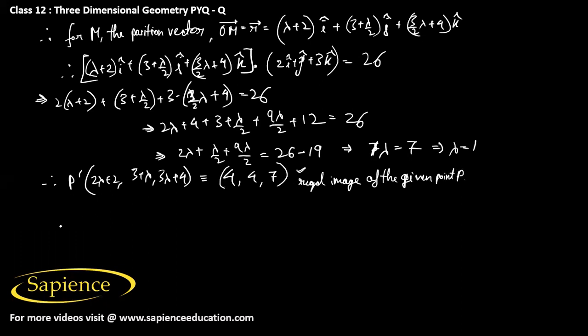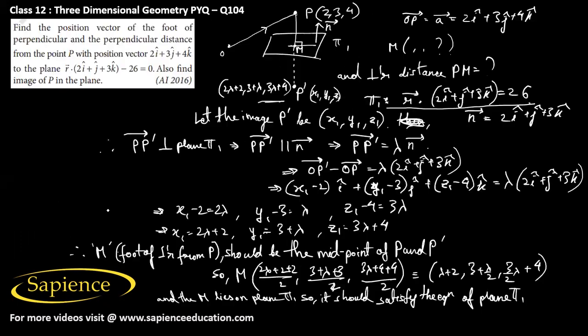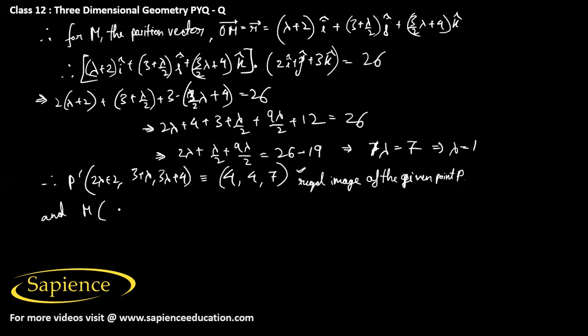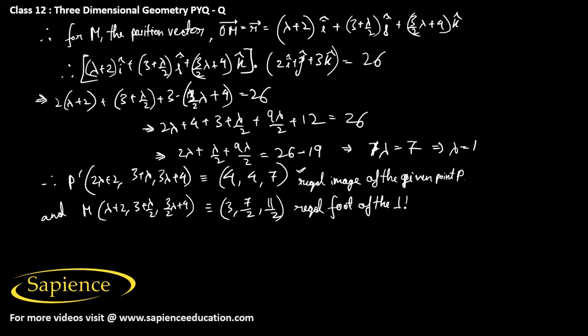And we need to find the foot of the perpendicular, that is the point M. M is lambda plus 2, comma, 3 plus lambda by 2, comma, 3 by 2 lambda plus 4. So that will be equivalent to 1 plus 2, that is 3, then 3 plus 1 by 2, that is 7 by 2, and 3 by 2 plus 4, that is 11 by 2. So this is the required foot of the perpendicular on the given plane from the given point P,